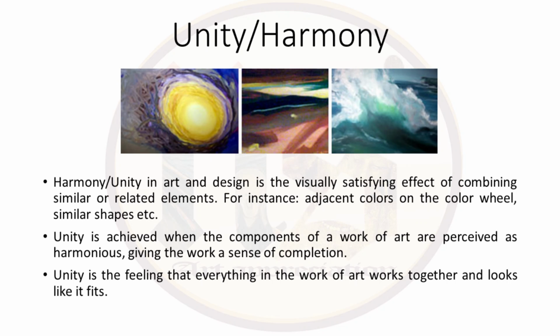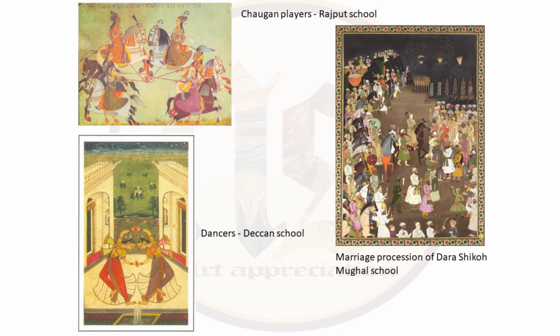For instance, the images above, the first one has complementary colors and they are all going well together. The second one has similar shapes in different colors receding and meeting at a point on the right. Same goes for the third one. Examples of unity and harmony are all the artworks from your syllabus, because the artists are experts, they are renowned, they knew how to use different elements and principles to give a satisfying effect to themselves and to the viewers.